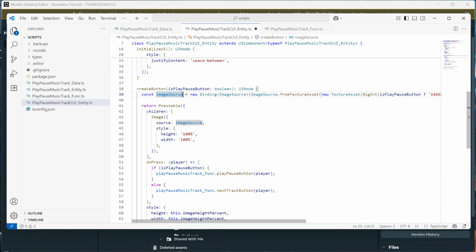So we can now change this to be called a binding since it is a binding. And then we'll Control C that here, Control V that here. And now this image source binding,